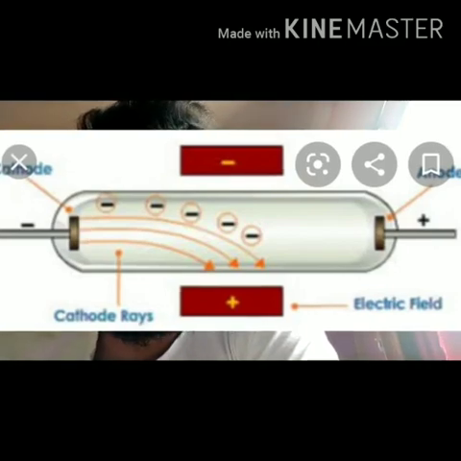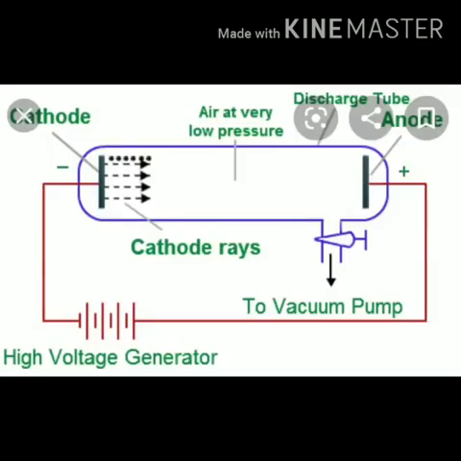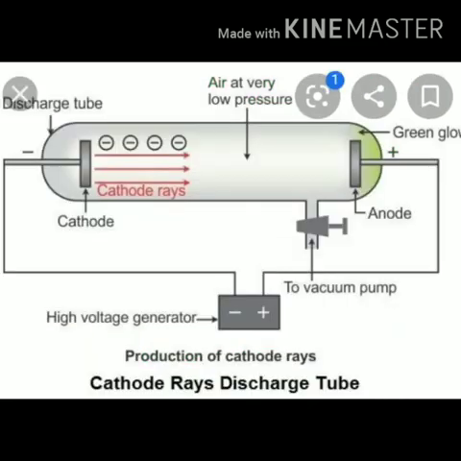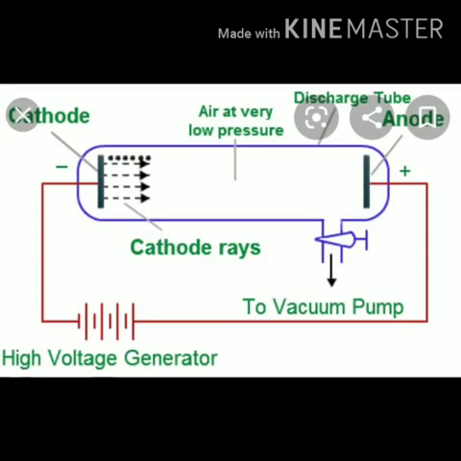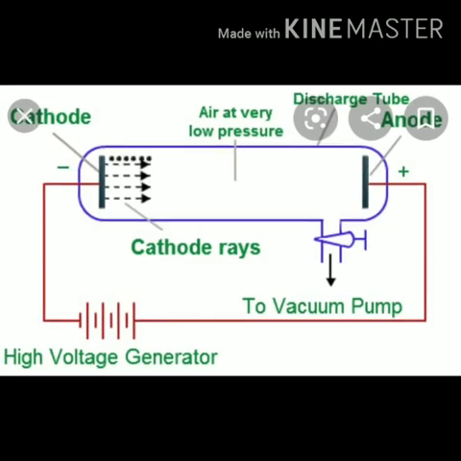It was found that the atoms of all matter contain negatively charged particles, that is, electrons. The ratio of electric charge to mass, that is e/m, is constant. Thomson also found that the charge to mass ratio of the particles that constitute the cathode rays is constant. Irrespective of the material of the electrode or the gas in the discharge tube, the ratio e/m was calculated to be 1.78 x 10^8 coulomb per gram.